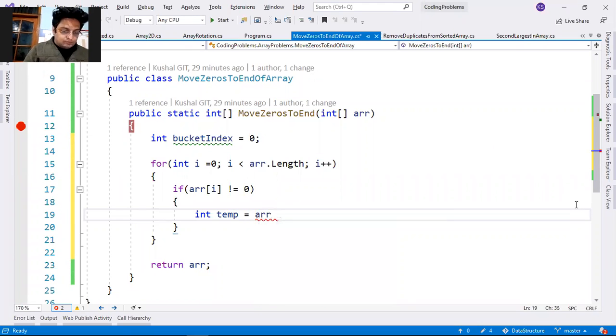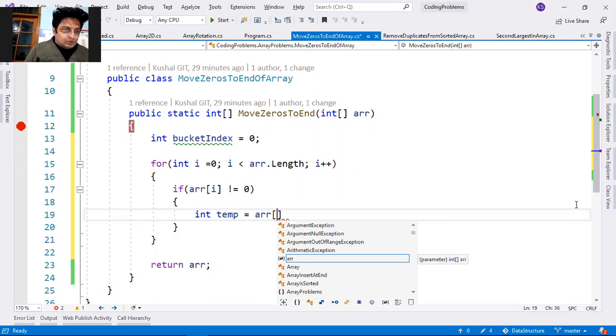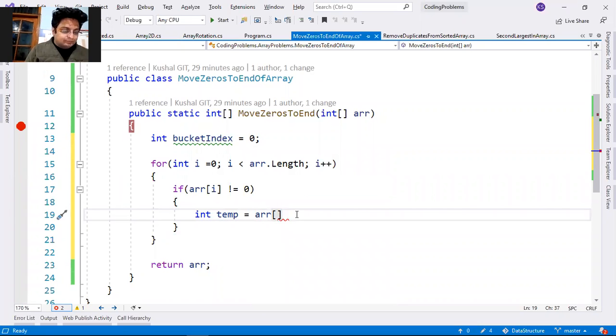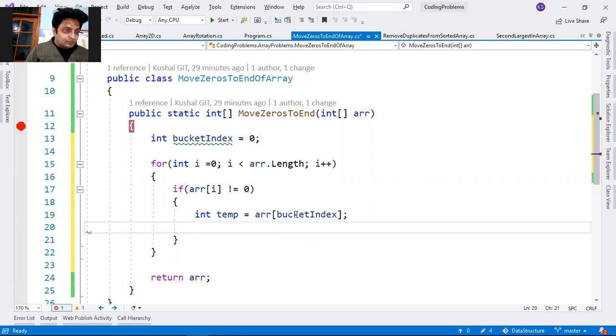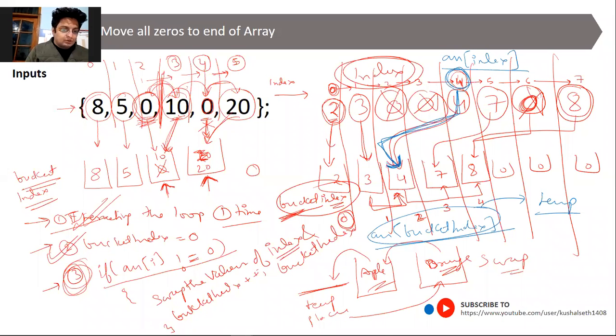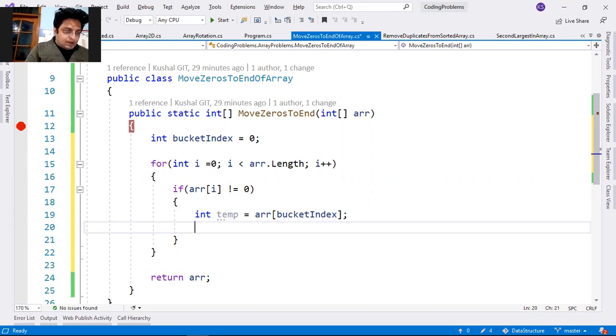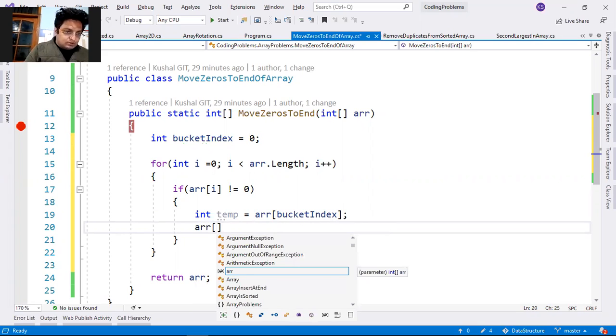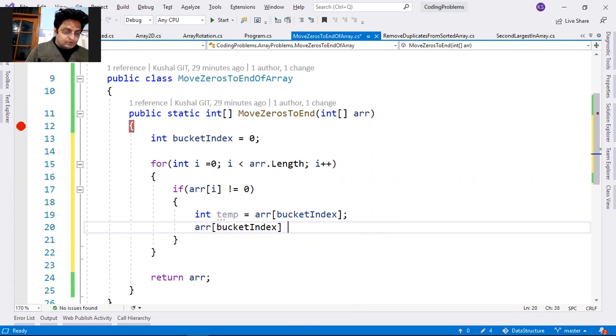Array, this will be my bucket index, and then we have put this here in my temp. Now in the apple bag, we have to put our index. So in an apple bag, which is this bucket index, we have to put our